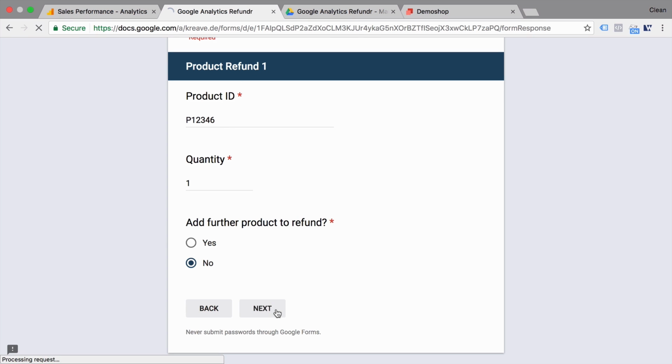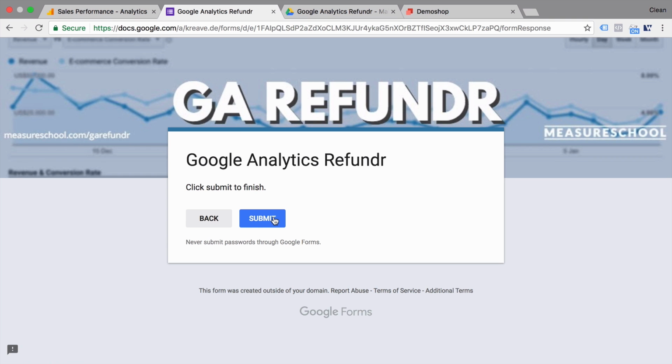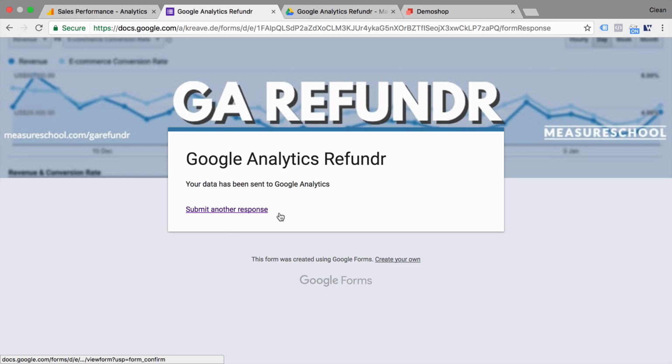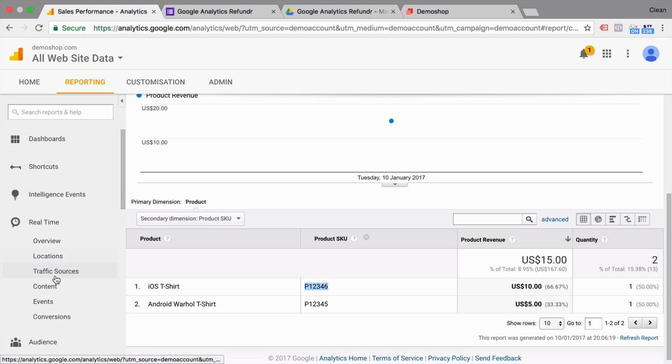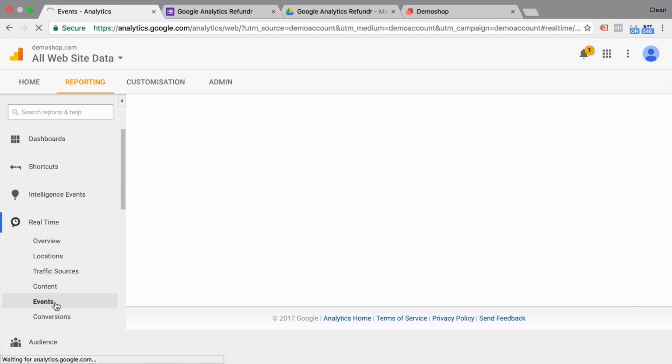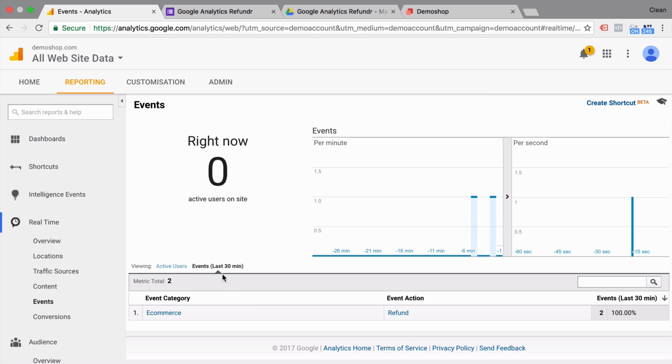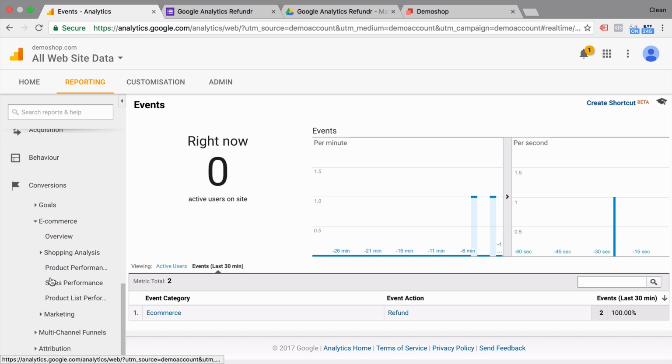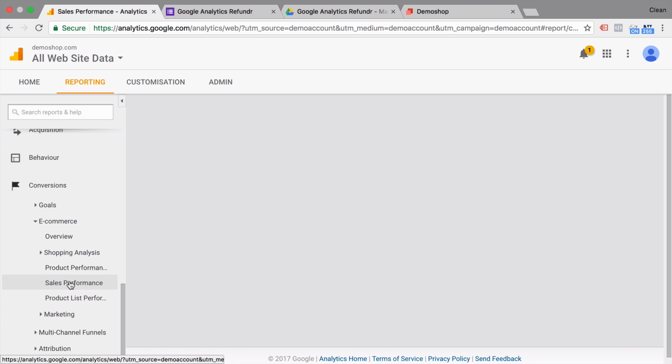Let's click on Next and submit this again. Now you can refund up to 4 different product SKUs with this form. Again, this should trigger a new event right here in our events last 30 minutes tab, because this is actually a non-interactive event. And that should again fill our sales performance